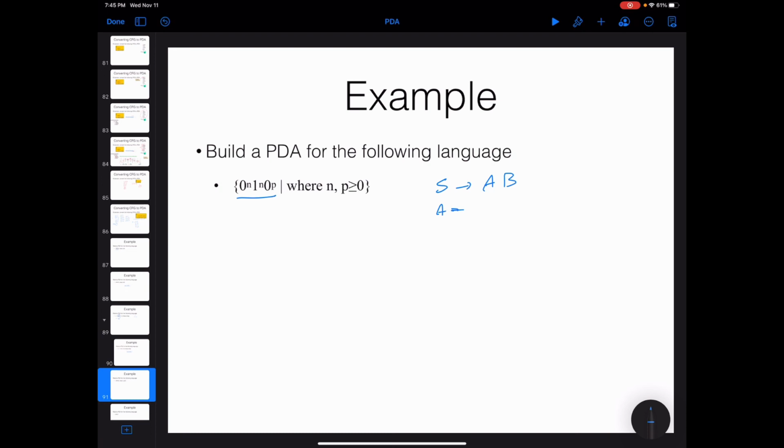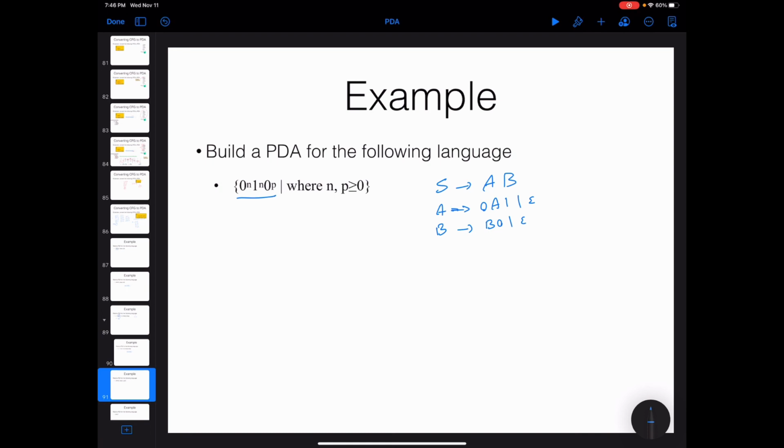A is responsible to generate the first part, 0A1 or epsilon, and B is responsible to generate the last part, which is going to be B0 or epsilon. Okay, this is a context-free grammar for that, and we can create a pushdown automata for that. I don't want to actually go through that theorem and that proof that converts the context-free grammar to pushdown automata. Just forget about that. How can we create a pushdown automata for this language? We can think about it this way: